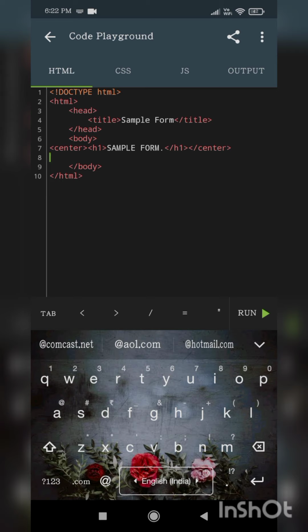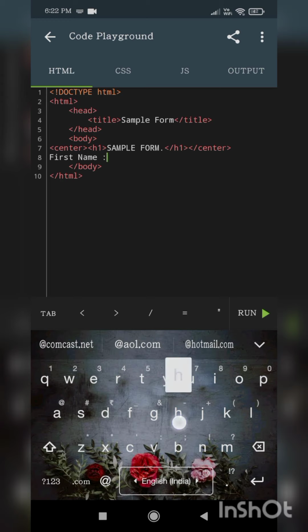First of all, tell me, my dear friends, what elements will be included, such as first name, second name, email address, password, and not only that, it will ask your gender, hobbies, and also a submit button, send button, and so on. So first write first name.